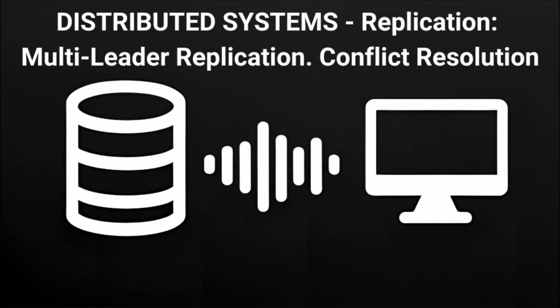So if detecting them immediately is kind of counterproductive, can we just stop them from happening? Avoid the whole conflict thing. That sounds ideal. Absolutely, and conflict avoidance is definitely a strategy people try. The basic idea is make sure all writes for one specific record always go to the same leader. How would that work? Well, imagine users editing their own profiles. You could just route all of my edits to the leader in, say, the East US data center. All of your edits go to the West EU leader. For that specific user's data, it feels like a single-leader system.